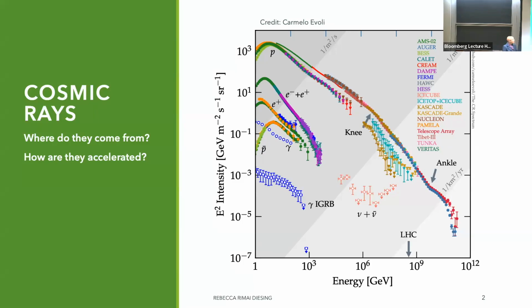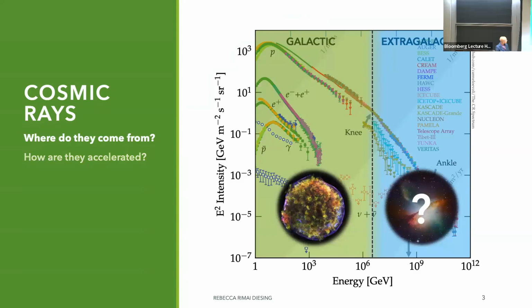The current state of the field: we have this beautiful spectrum that spans more than 10 orders of magnitude in energy for all these different types of particles, and it follows roughly a power law over that range. But understanding what all these little features mean, things like the knee and the ankle, and their origins is still an active topic of research. So in particular, when you try to get at that first question, where do they come from?